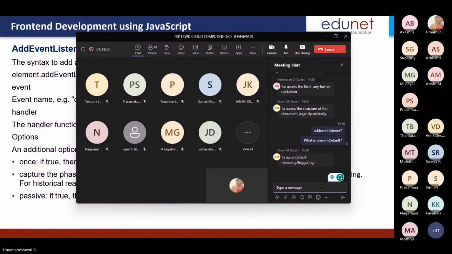Okay. For example, if I click on a submit button, it prevents the submitting of the form. Clicking on a link prevents the link from following. We can say one simple example I can say is, let's take